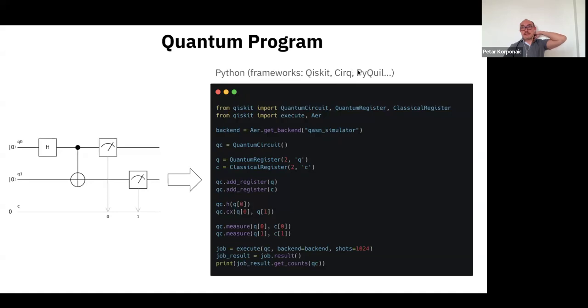And then there is PyQuil, which is from Rigetti. There is a Q#, not listed here. Q# is Microsoft's quantum programming language, but this is a language, not a Python framework. So Microsoft reinvented the wheel. They made a new language for quantum computing. Anyway,